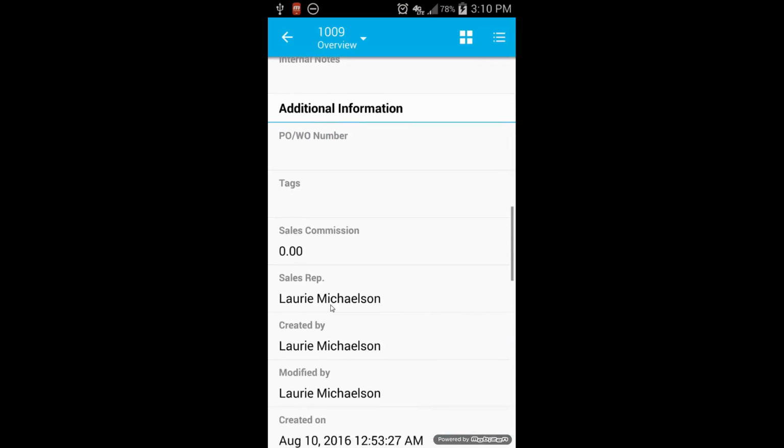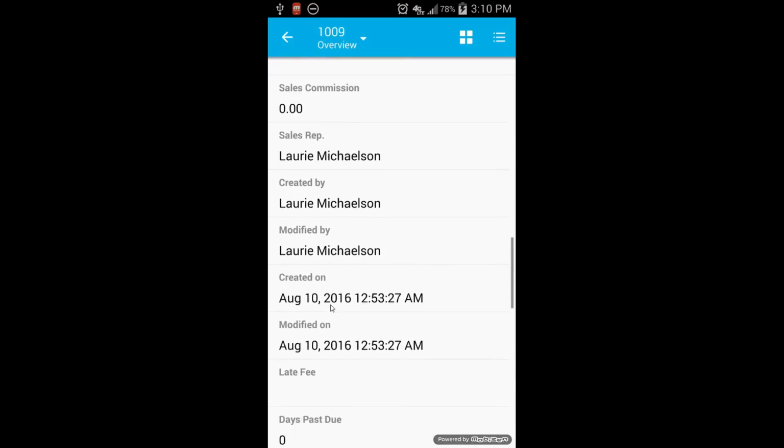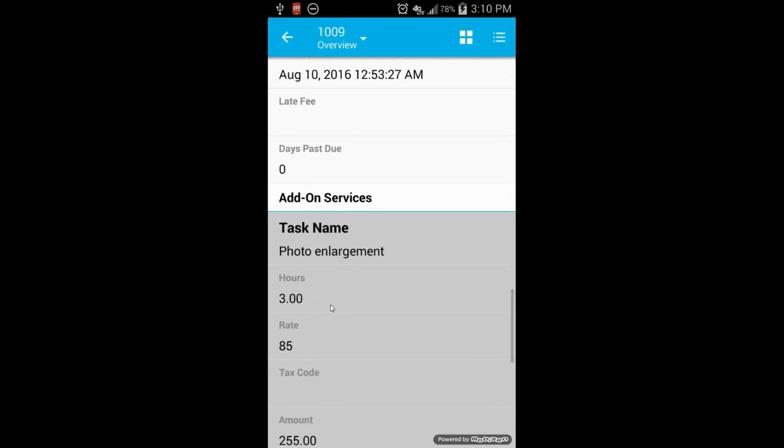And by the way, all of these are completely configurable. So this is pretty close to the standard set of fields you'll see right when you sign up. But you can actually go in and if any of these don't look relevant, you can remove them. Or, as you saw I did earlier, you can add your own custom fields and rearrange them into your own custom sections as well. So I can look through all the details, but here I'm going to get down